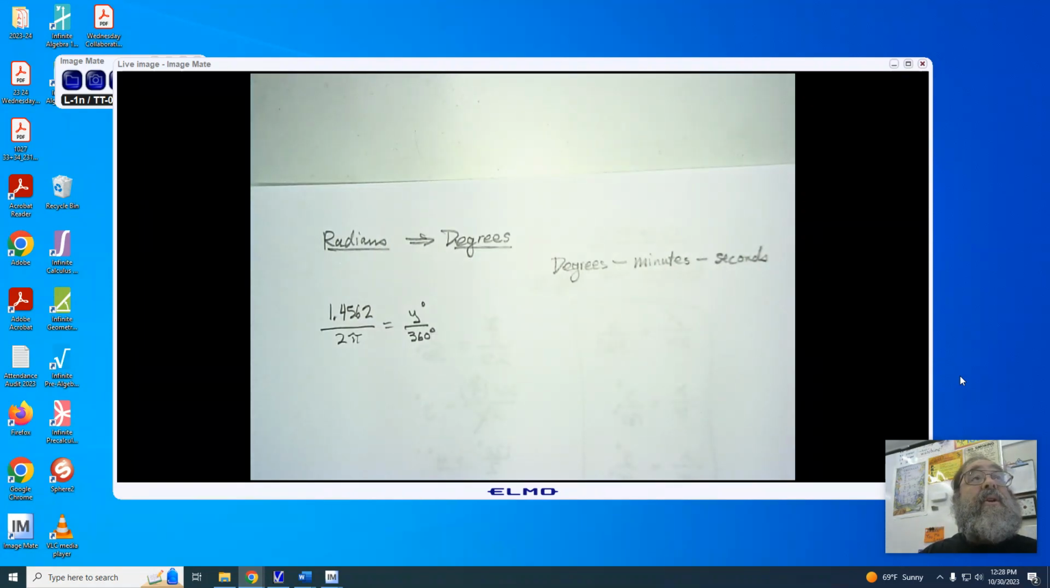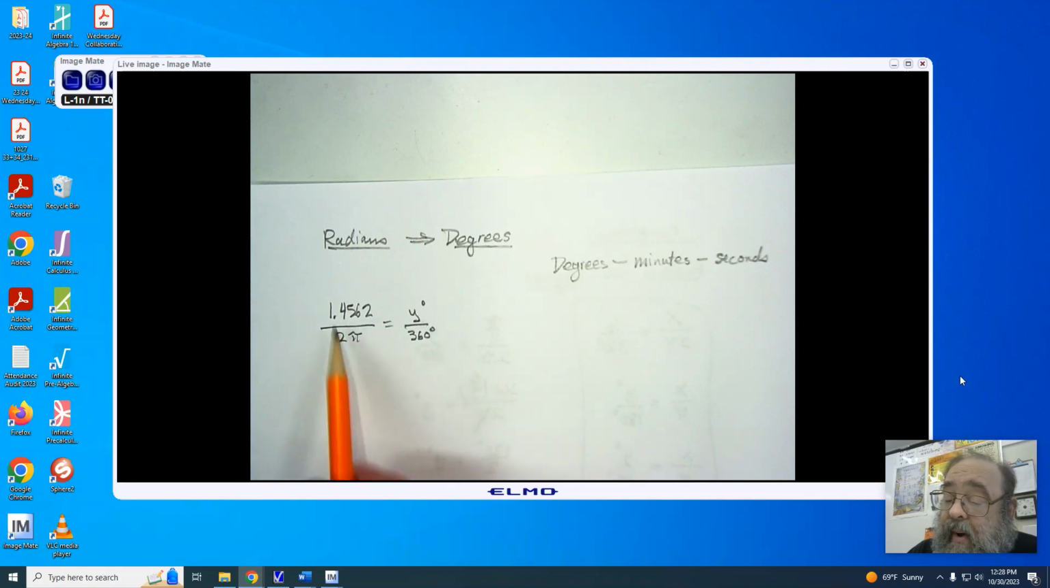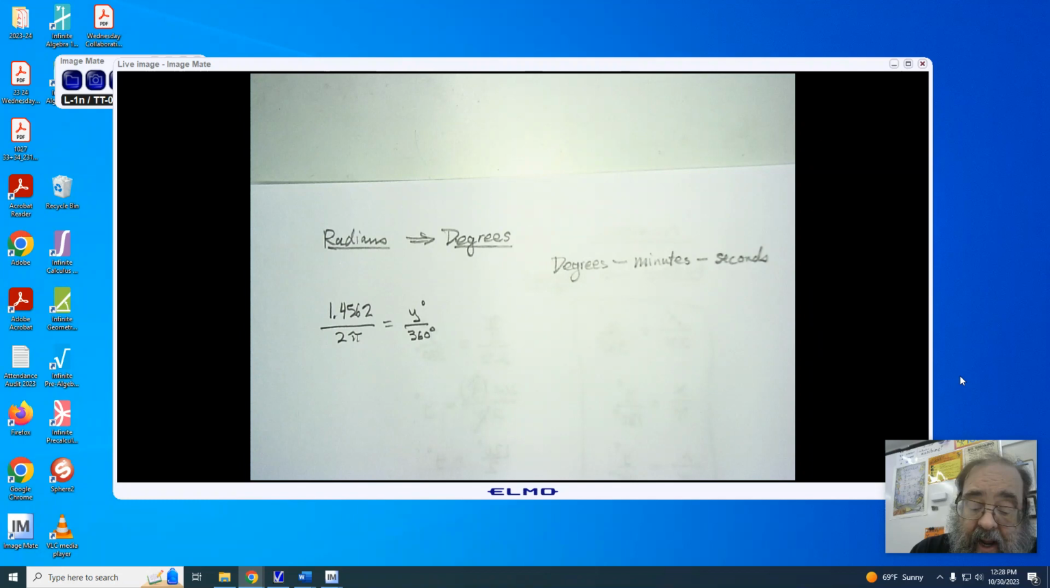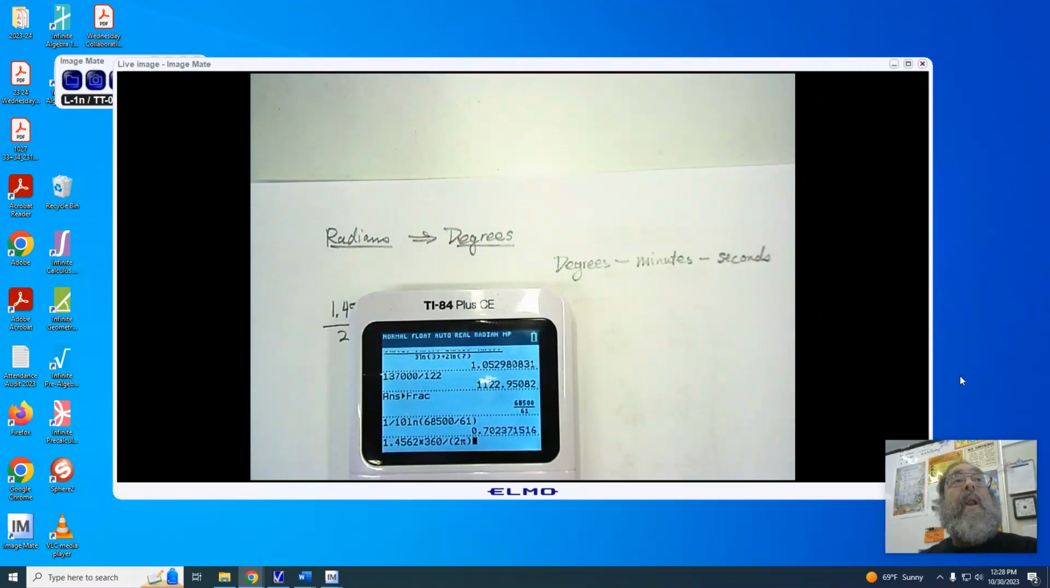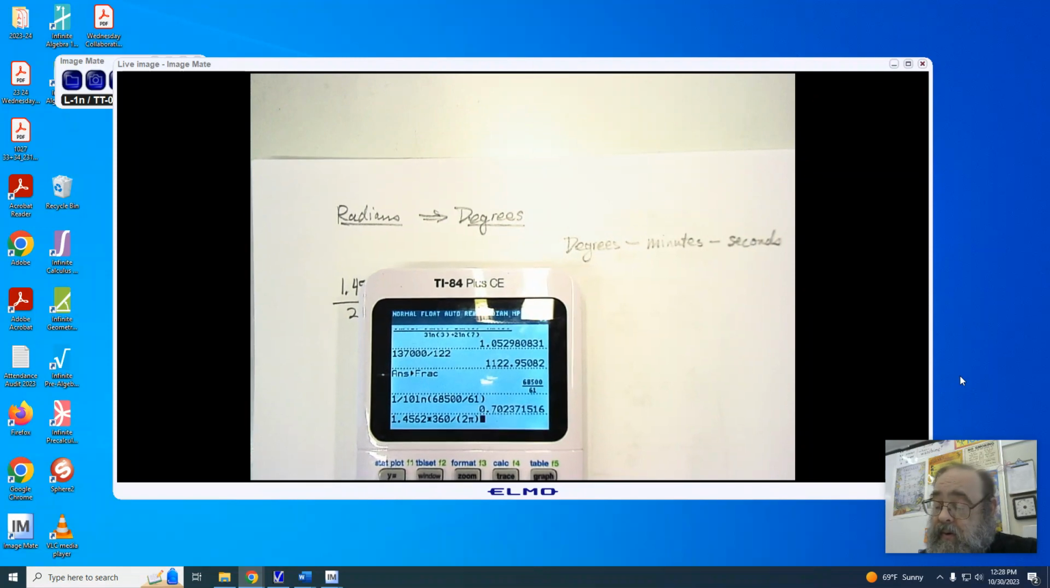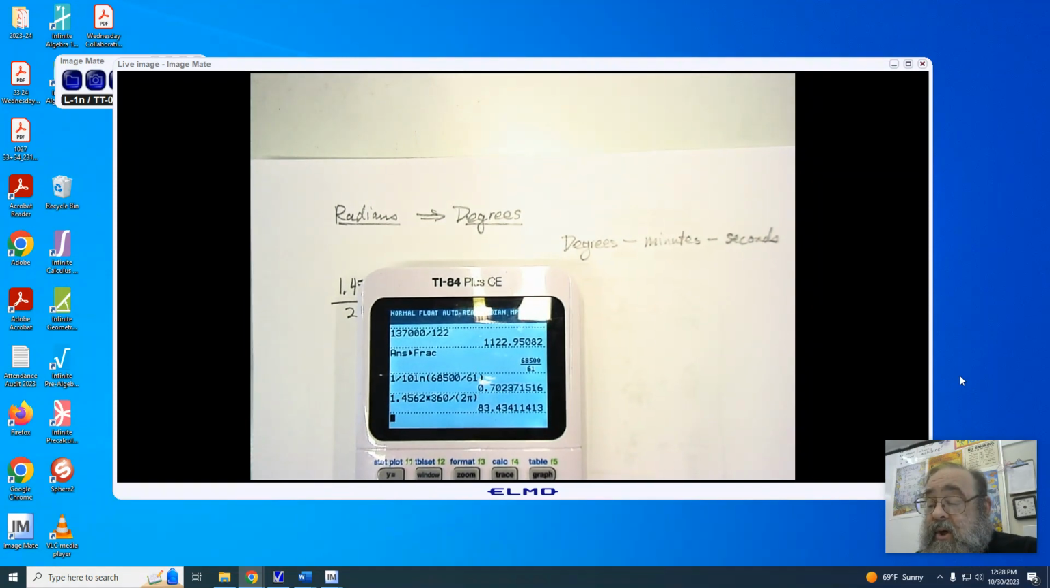Once again, you get to choose what ratio you want, and I'm going to cross multiply and divide by 2 pi. So I'm going to take 1.4562, multiply by 360, and divide by 2 pi. Now remember to put parentheses around the 2 pi, or the order of operations will end up multiplying. So you hit enter, and you should get